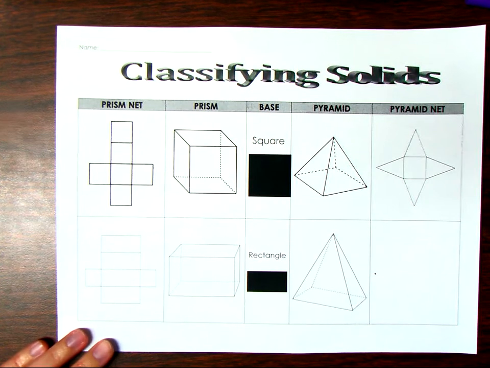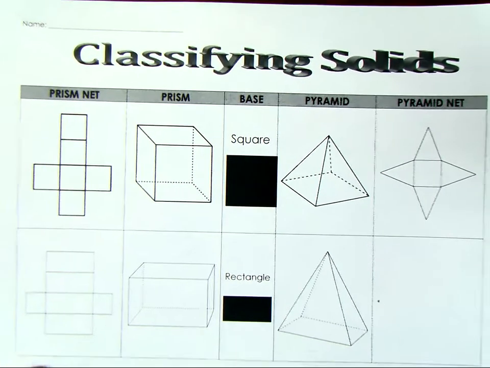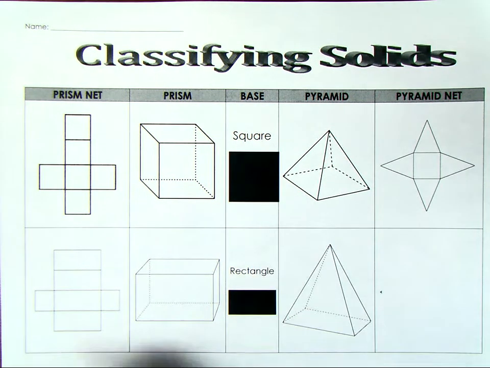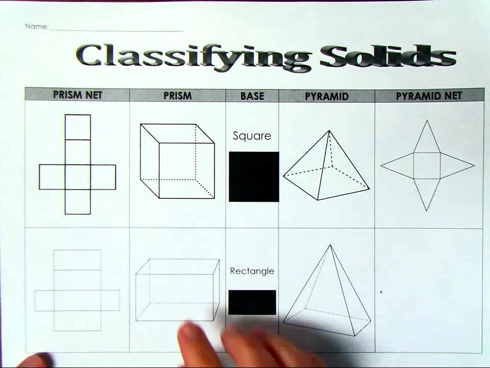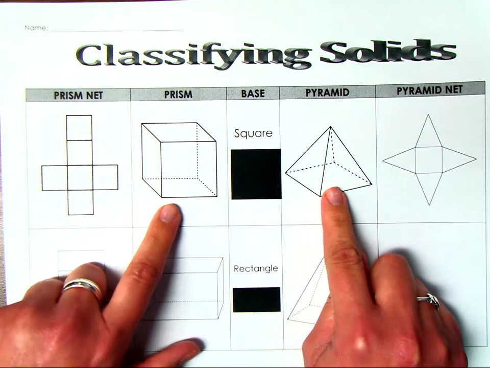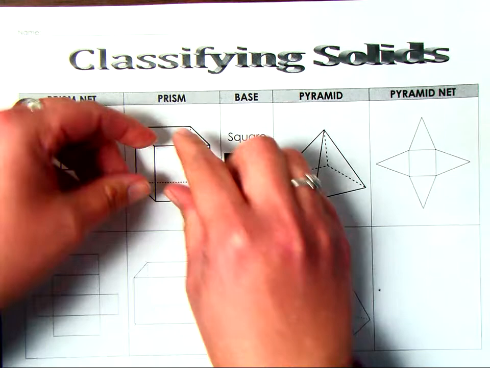Alright, today we're going to start looking at what are called prisms and what are called pyramids. So there are some similarities and some differences between these. This title is called Classifying Solids, so we have these three-dimensional pictures, but if we were to take this